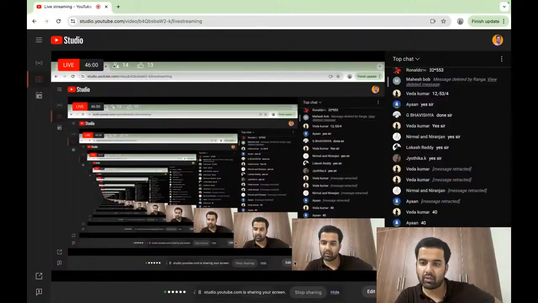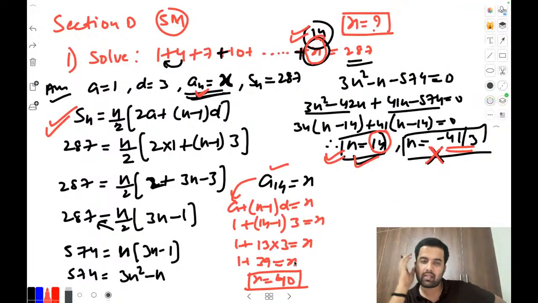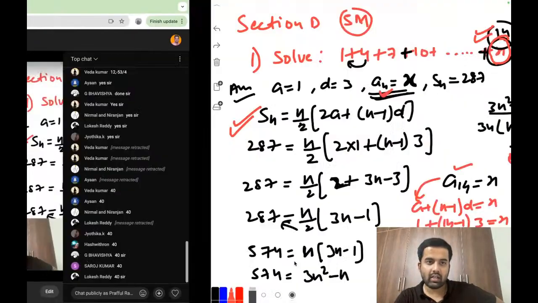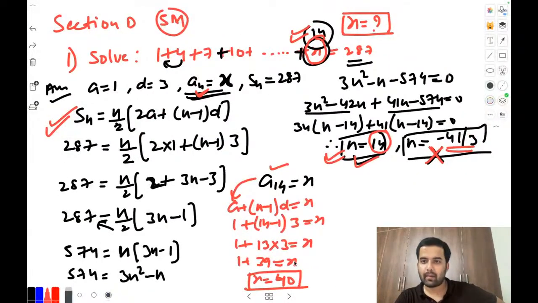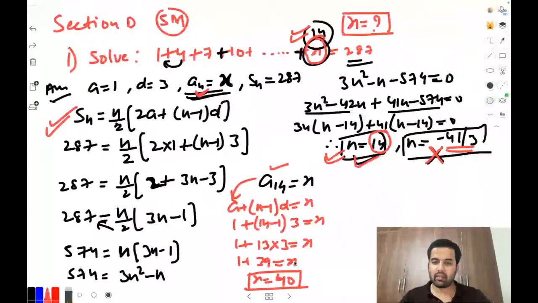Those who got the same answer, correct one. Good. And did you understand this one? If anybody has a doubt, you can keep a message. Those who understood, no need to keep a message. I am able to recognize that you got it already. Those who are not getting it, just keep a message now. Check this out. Is anybody here getting confused in this? It is of 5 marks, okay? And you have tried the proper statement here, the value of X and all. I feel nobody is having a doubt.